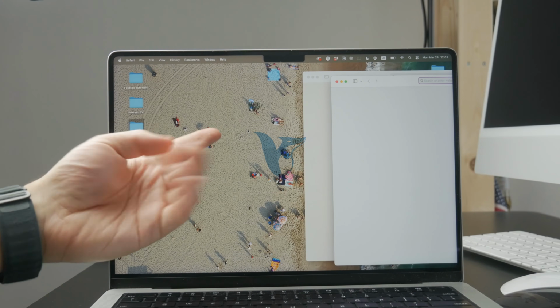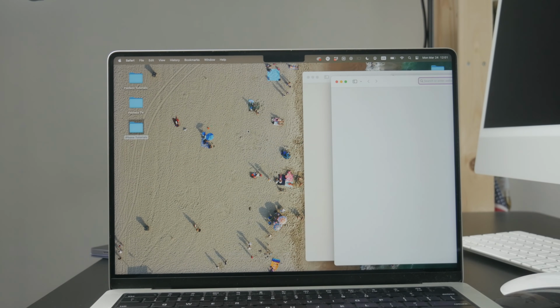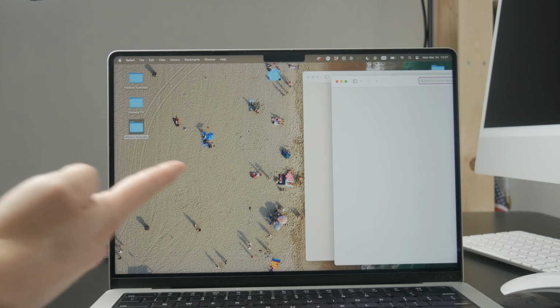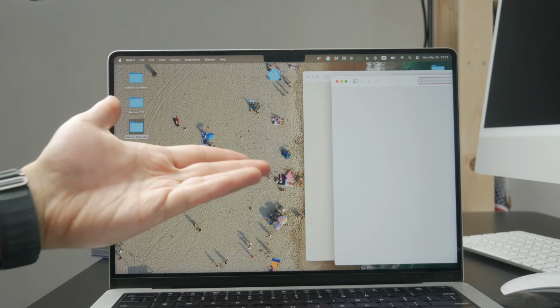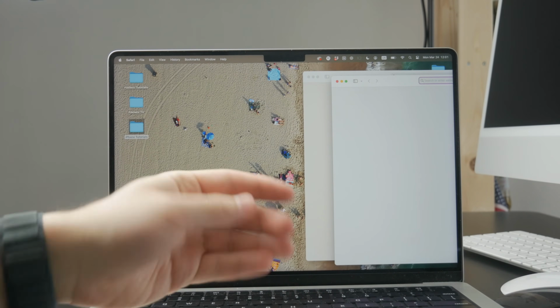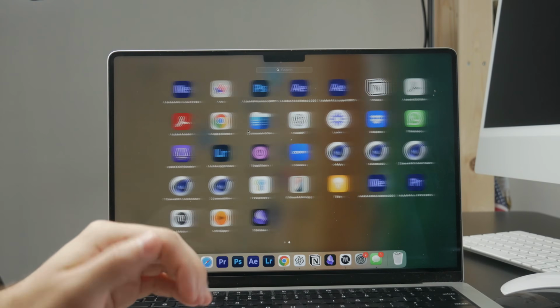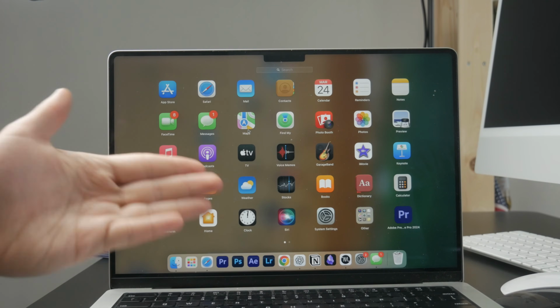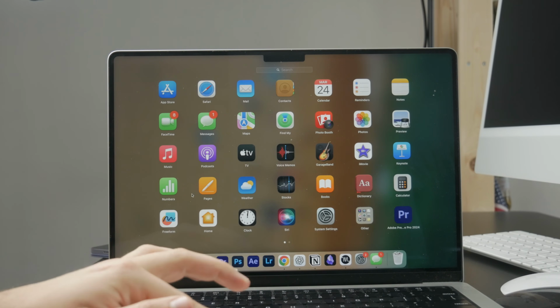So let's talk about how you can write a book using your MacBook. Let's get into it. At first, you will need to use some sort of software for all of the writing experience. Now, naturally, you can download a third-party text editor, but at first, I would encourage you to check out the